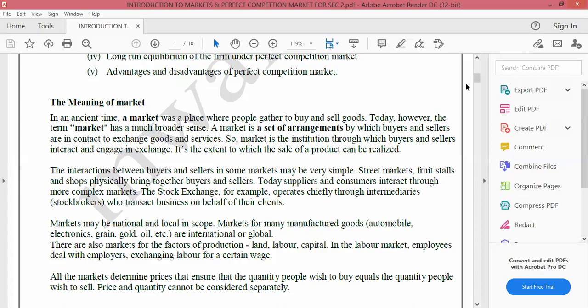When it comes to defining a market, there is one way I can talk of it to bring an overall meaning of what a market is, and that is the extent of the sale of a product. The sale of a product may be realized, of course, it doesn't matter where. Is it in a matatu? Is it in a classroom? Is it in the church? Is it along the streets of Nairobi or any other region? As long as there is the extent to which the sale of the product is being realized, we'll say a market